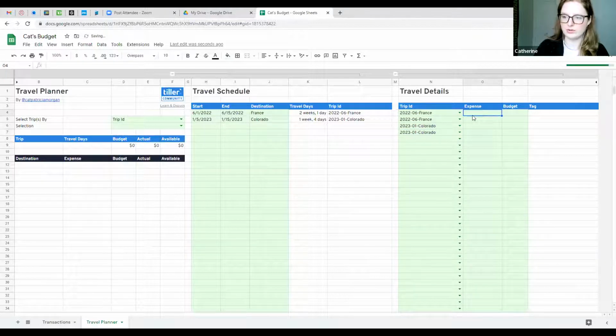And I'm going to say that I'm going to stay in the Airbnb. And in France, that'll be 2,500. And then there's going to be some transportation costs, flights, train. And then the same thing for Colorado. Different expenses, but